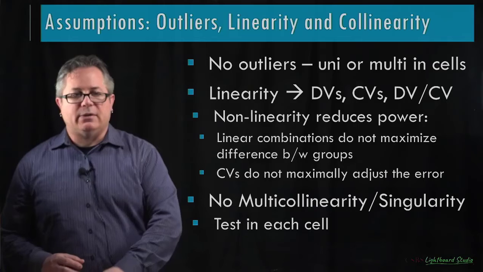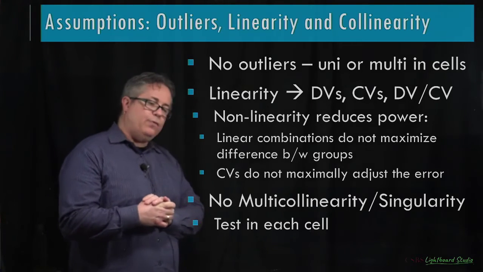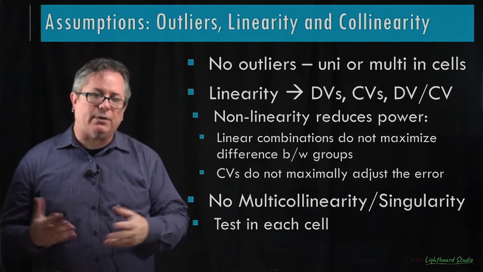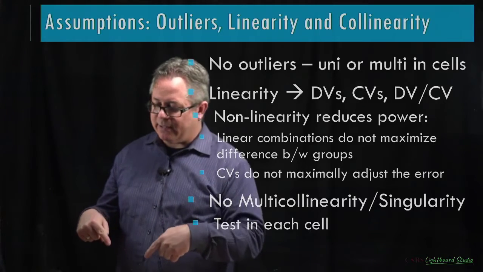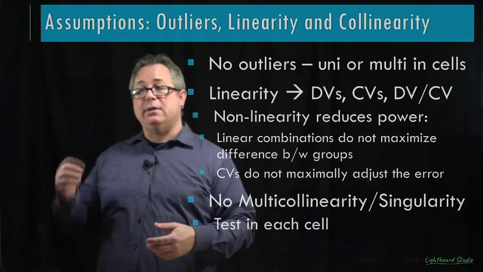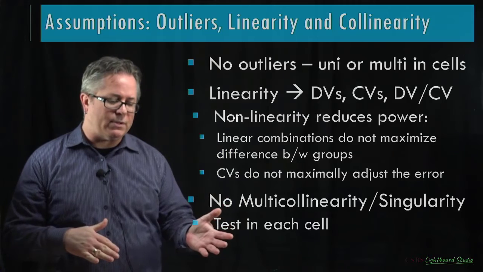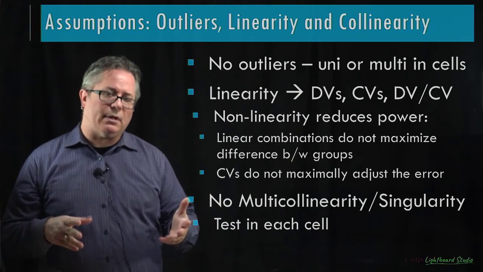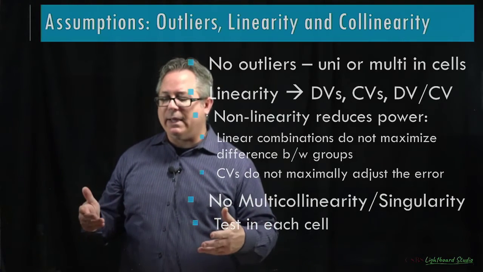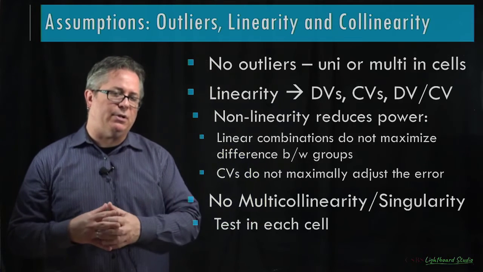So we're also assuming things, just like with ANOVA and regression and everything else we talked about so far, that there are no outliers. The people in our study are supposed to be there. Whether that means they are qualitatively an outlier, like you're only recruiting men and somehow a woman showed up to the study, that could be an outlier, but it could also mean they respond in a different way, which may indicate that they don't belong in the population that you're